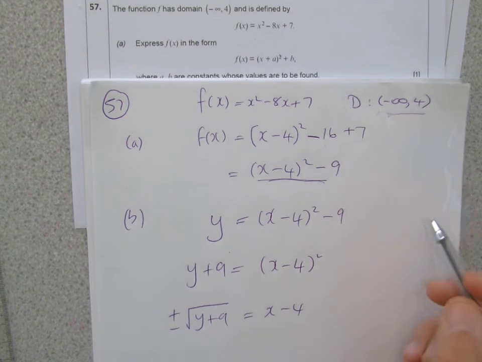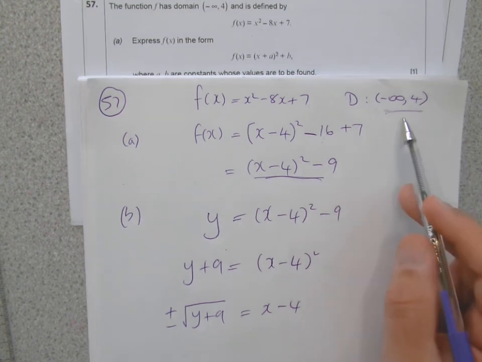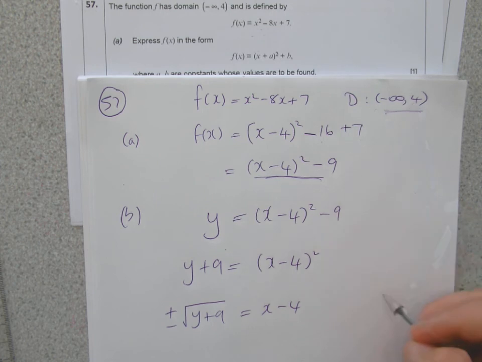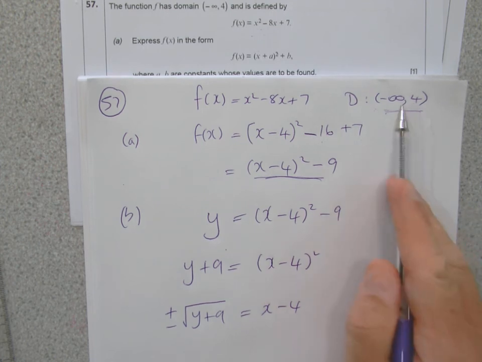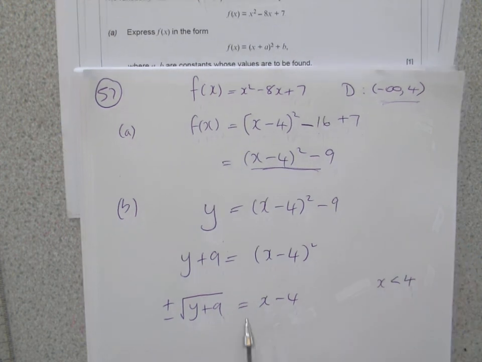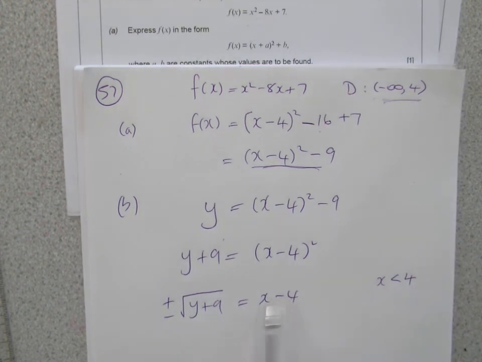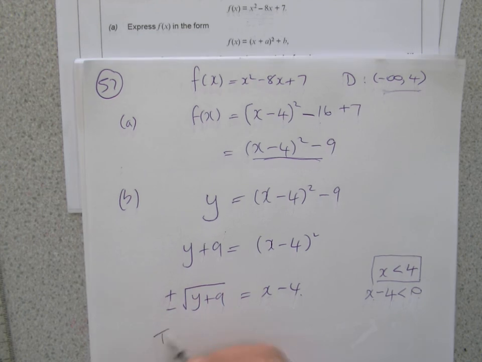The way I look at this is, x has got to be less than 4. Do you see that there? From our domain, x has got to be less than 4. And if you notice what we've got here, x minus 4, I can get x minus 4 from this domain idea, because x is less than 4. If I take that 4 over, x minus 4 has got to be less than 0. That's what I've got here, look: x minus 4 has got to be negative, less than 0, so I'll say take the negative root,